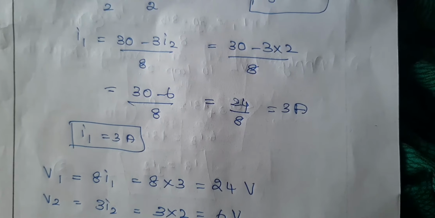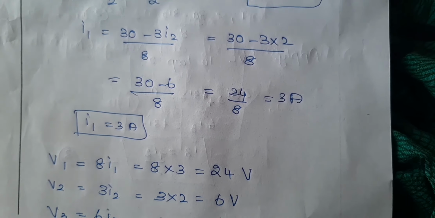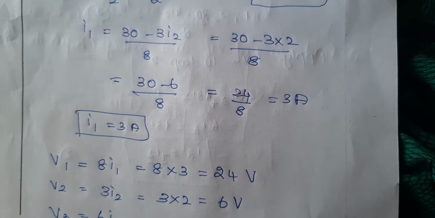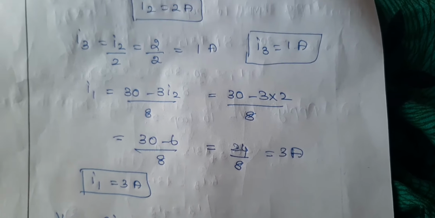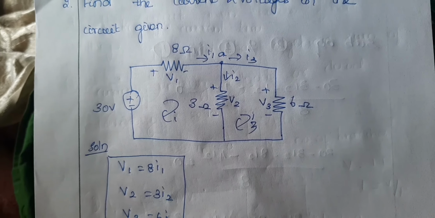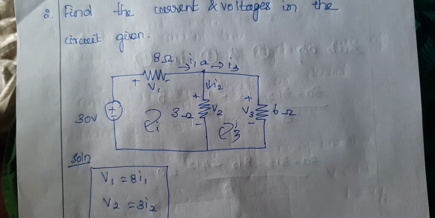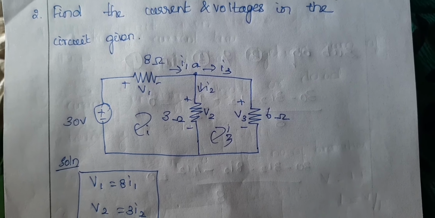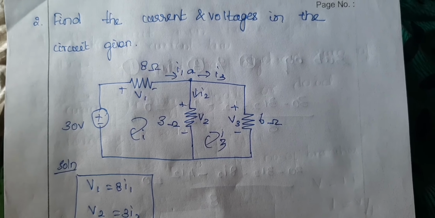Okay, so Kirchhoff's current law is sum of the entering currents equals sum of the leaving currents. You can use any procedure; it is not a standard procedure. You can apply here I1 equals V1 minus V2. Okay, so there are some other procedures, but when we study nodal analysis, you can understand clearly.